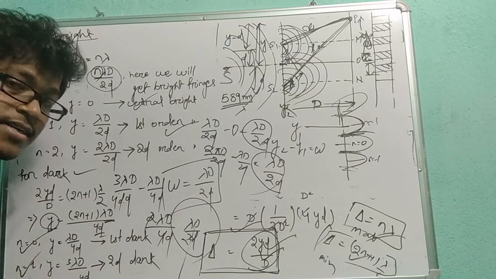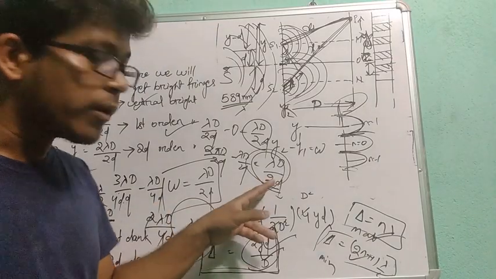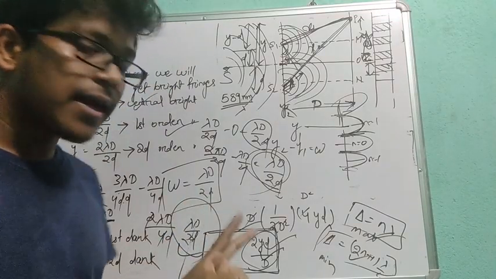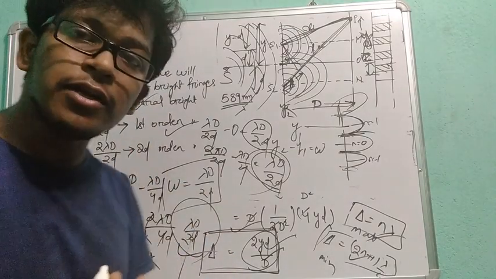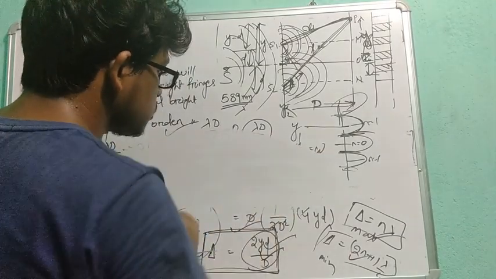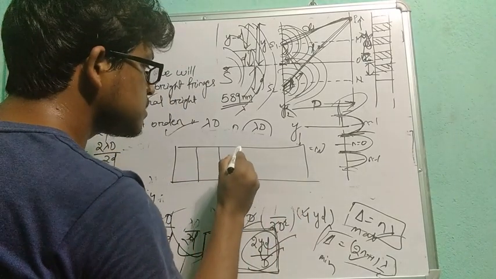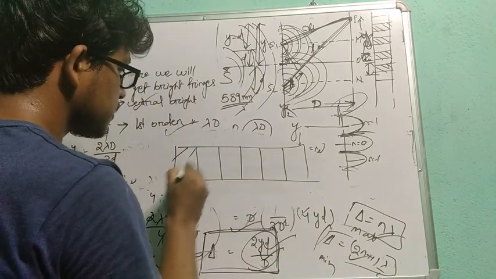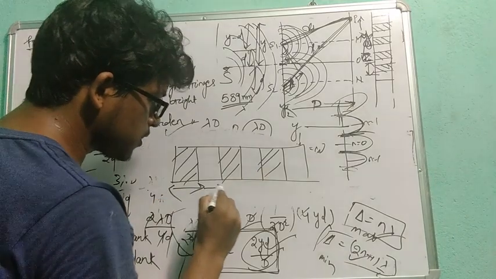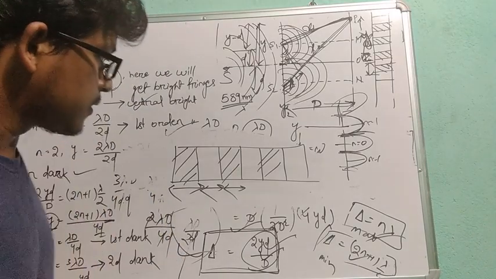One more beautiful thing, students. See, here you had got lambda d by 2d, that is the width between two light fringes. And here also we got lambda d by 2d, that is also the width between two dark fringes. That means if your fringes are like this on the screen, all the fringes will be at the same distance. This is dark, this is light. So this width is equal to this width is equal to this width. All widths are same.